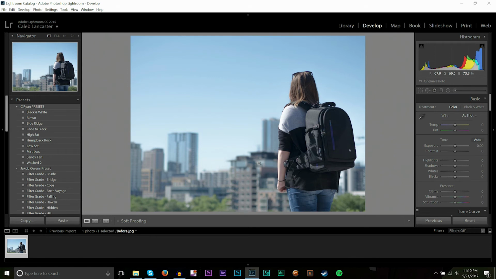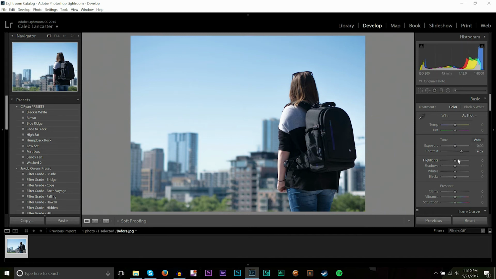So this is the photo I decided to use, and this is going to be kind of like a raw, uncut area of this video because I want to show you guys my full process for color correction and color grading, kind of how I'd go about this and my thoughts on it as we progress. So the first thing I'm going to do is bring up the contrast, and this is going to define out those highlights and the shadows. If you watch her shirt and the backpack, you'll see them start to get darker and the skies start to get brighter. So I'm going to bring the contrast to about 52, around there,